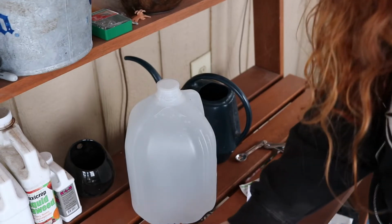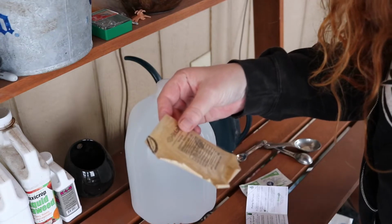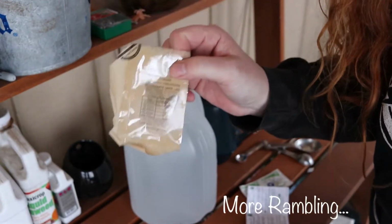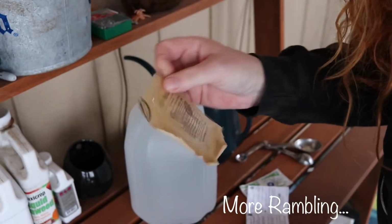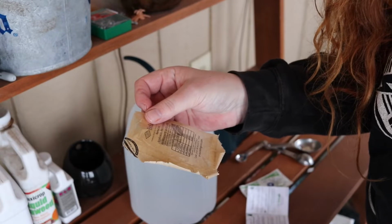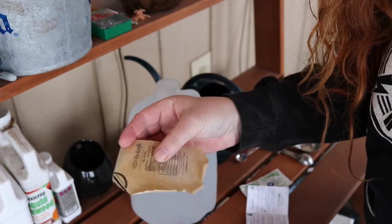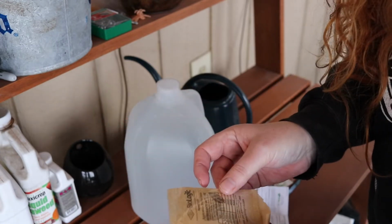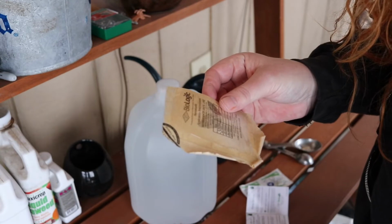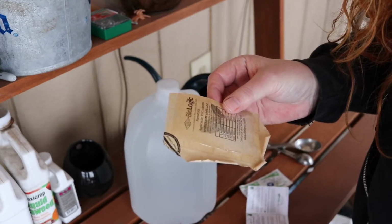Oh, and this is nice. If you lose your directions, like I do, I always lose my directions. I throw them away. I stick them somewhere and I can never find them. It says you can go to www.biologico.com and you can find directions. Okay, beneficial nematodes are microscopic predatory worms that hunt down and kill pest insects that are safe for people,